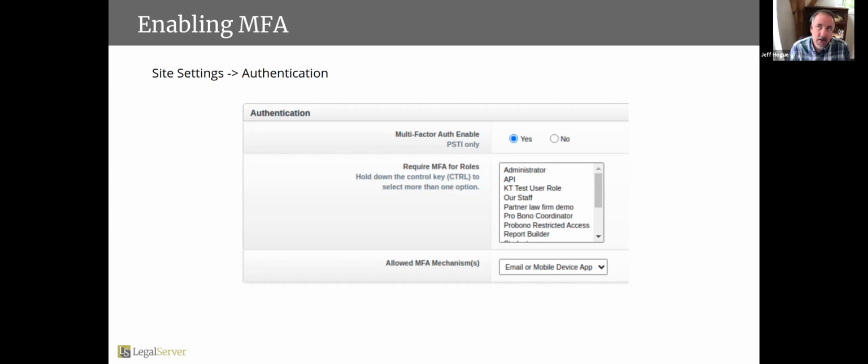And a common hack is to try to crack into people's email addresses and then spread out to other things they have access to. So most security experts would say it's more likely somebody has already hacked into somebody's email, which is a long way of saying overall the community says the more secure choice is mobile device app. And we give you the option of saying just mobile device app for the second factor. That's the most conservative choice here, but you can also use email, or you can leave it at both, either or.